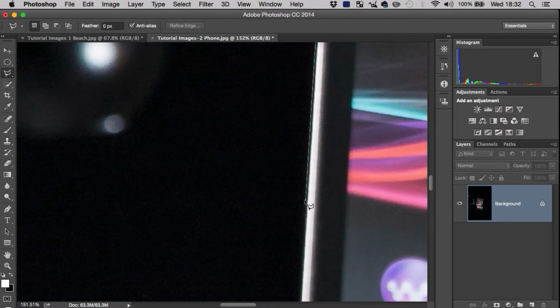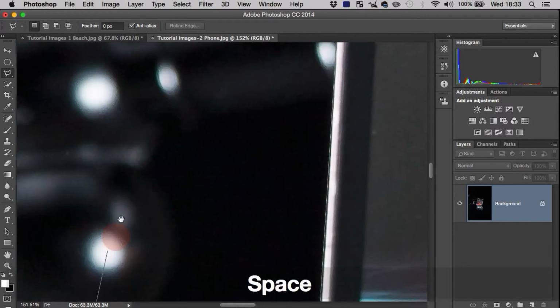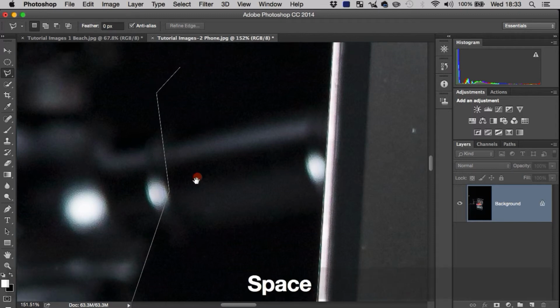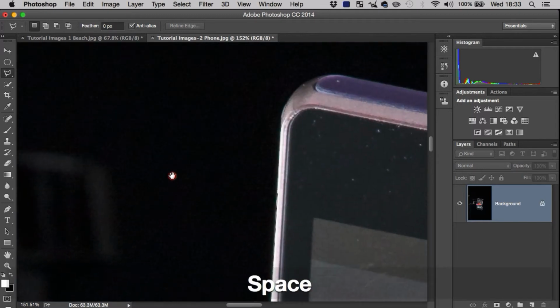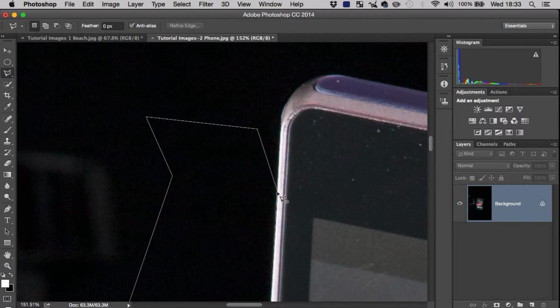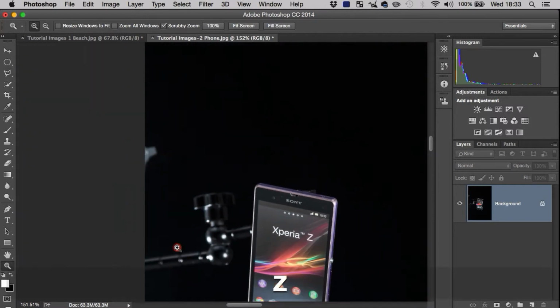So that's quite a nice one to do if you accidentally click when you didn't mean to. Just backspace, it'll go back one, and then you're good to go. So if you line this up here, you can click, and then we'll just click around, because all we're trying to do is get the edge of this. We're not too worried about getting the whole thing. So come back up to where we started, mouse over the beginning and click,